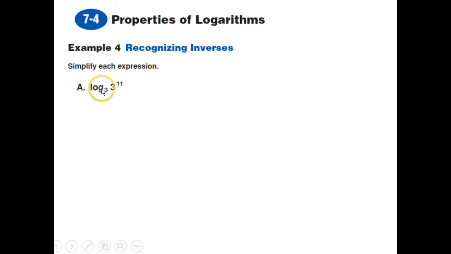We could also recognize that these undo each other. So when little b and big B match, we can make the log basically disappear. And look at this one. This one we're going to make look alike. And the last one is a 5 with an exponent of a log base 5, which also undoes each other. Okay? So in letter A, the answer is simply